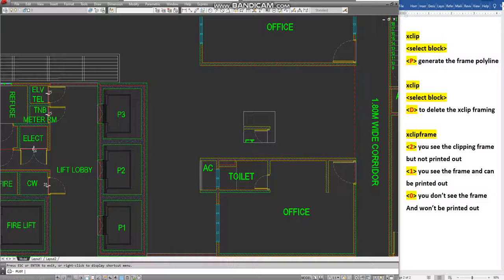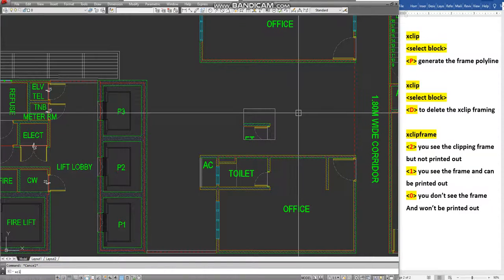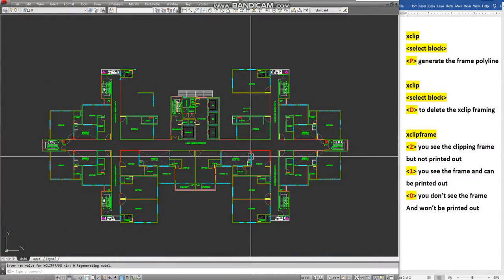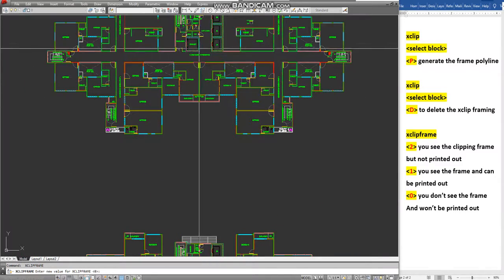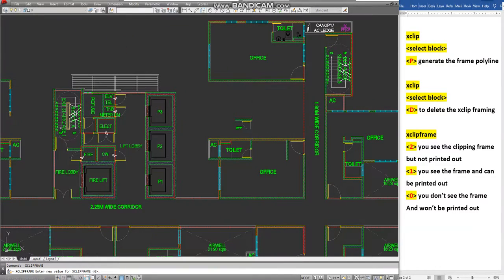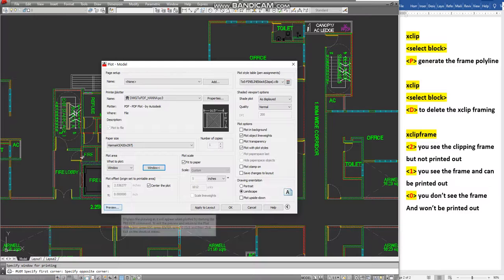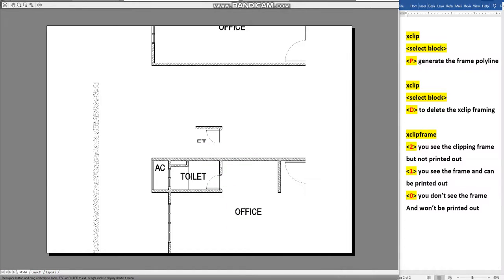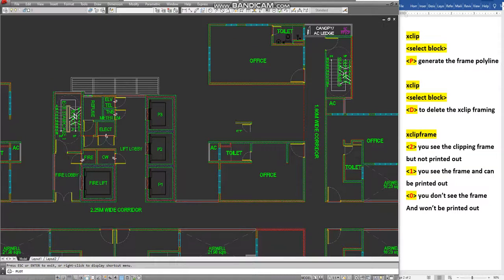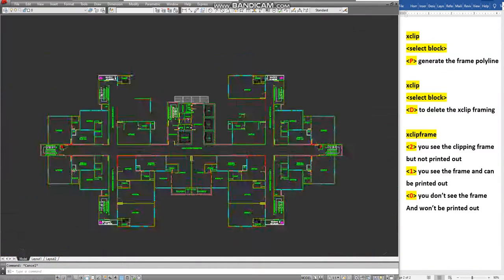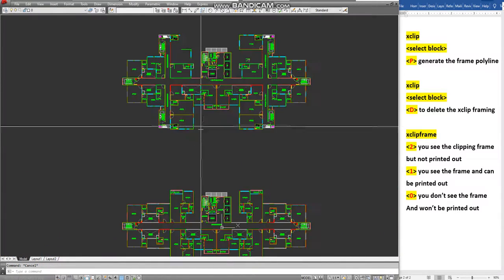By setting Xclipframe to 0, you won't see any of the frames anymore and they won't be printed out. Let's try. Okay, Xclipping is basically a very useful tool when you are working with a lot of blocks